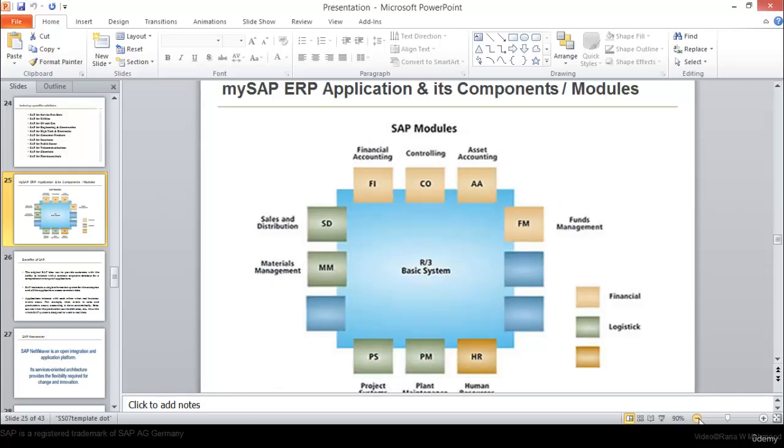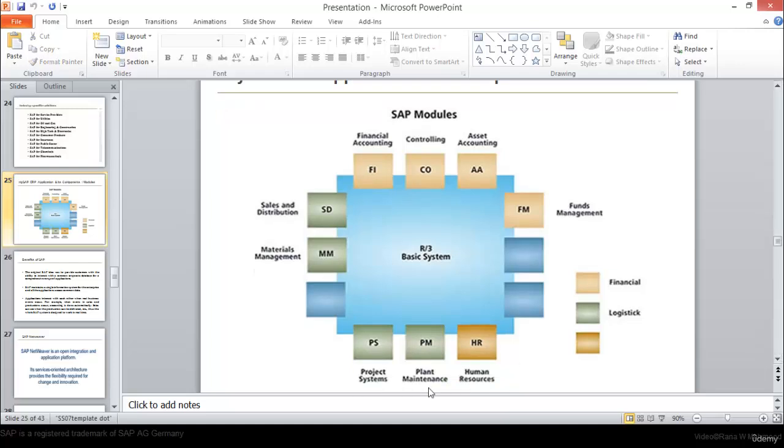Now under these components we have modules. Financials have certain modules. For example, FI is called financial accounting, CO is management accounting or controlling, AA is asset accounting, FM is funds management. So these four modules are part of the financial component of my SAP ERP. Similarly, logistics covers sales and distribution, materials management, project system, plant maintenance, and human capital management covers human